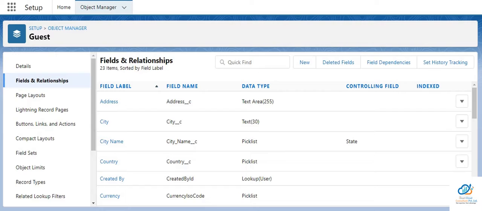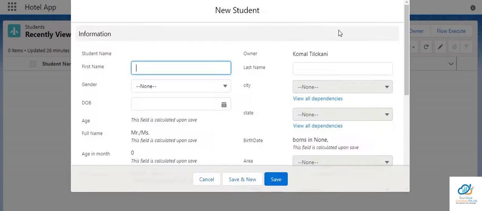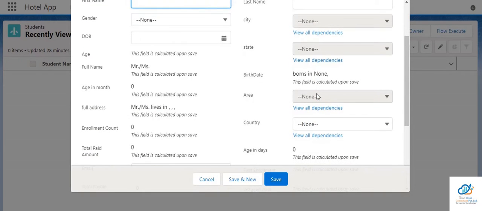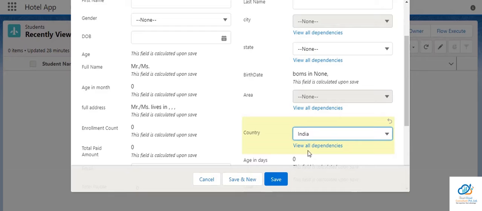Now we have to see how field dependency exactly works. We'll click on New. Here we can see the field dependency, view all field dependency. First we'll select the country so that the state can be enabled. We'll select India.